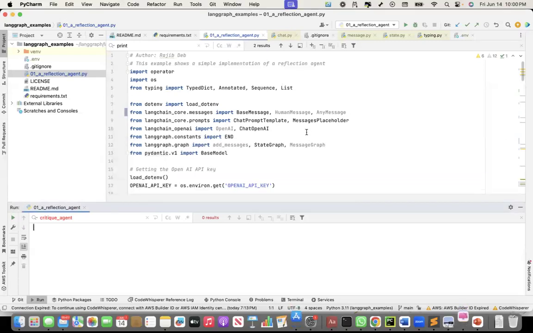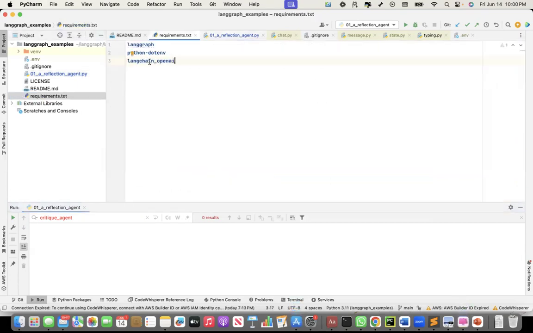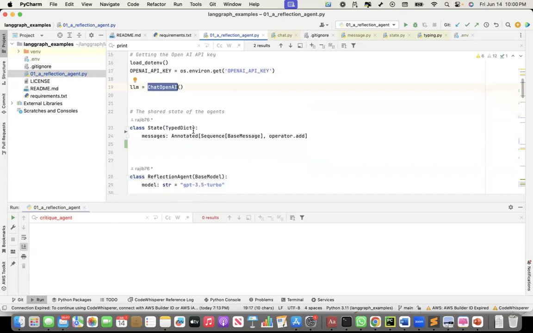So this is the code, and the requirements are Langgraph, python-dotenv, and langchain-openai. And here, this is where I use OpenAI, or this is my OpenAI API key. I instantiate the LLM using the LangChain abstraction of ChatOpenAI, where the default model used is GPT-3.5. And then I create a